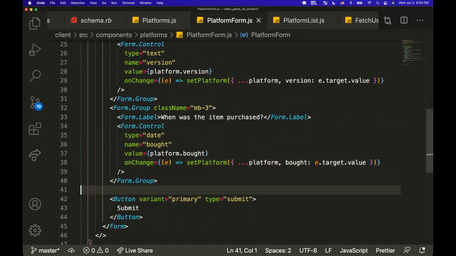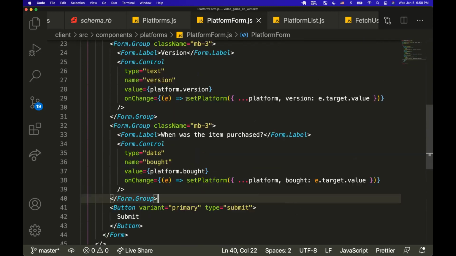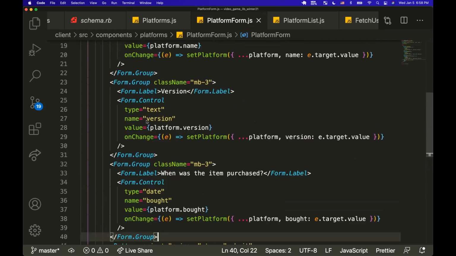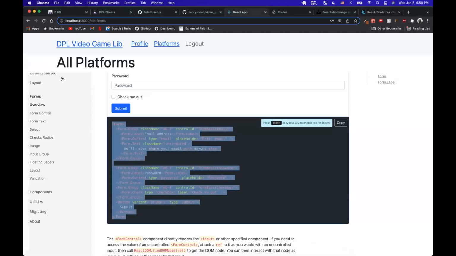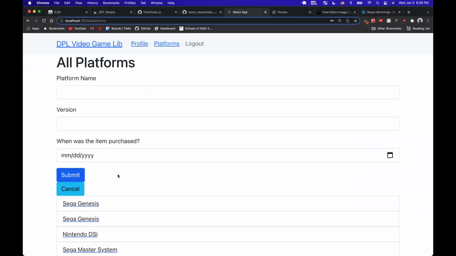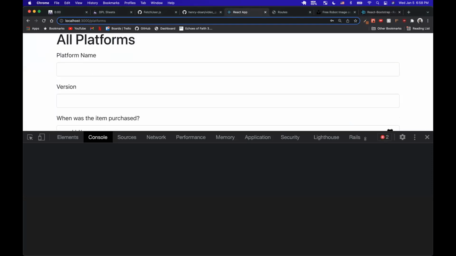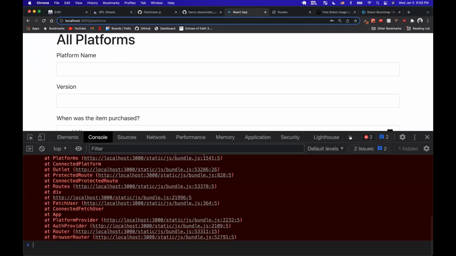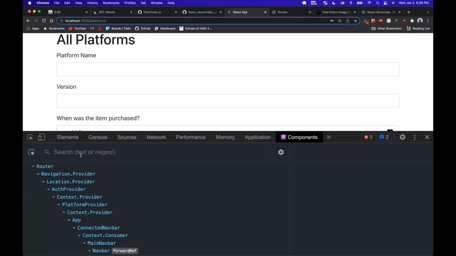So let me see if that works, and then we'll finish off the form real quick and see if it does save it to state. The one that I am worried about is the date one there. So yeah, that is the form. That looks good. Oh, nice. So let me go ahead and do this here and bring in our components dev tools. And then I am going to go to the form,